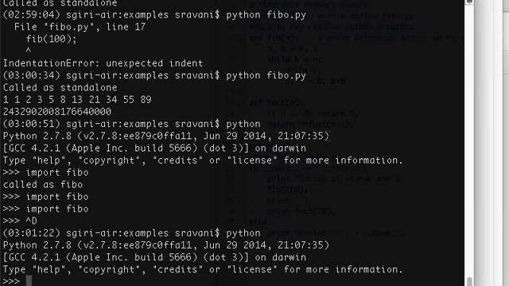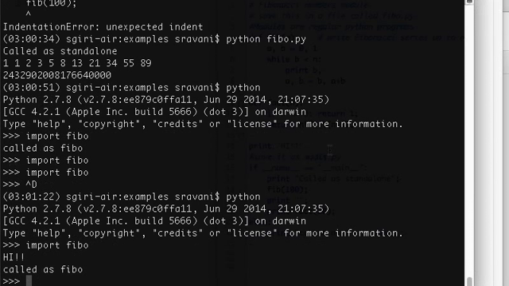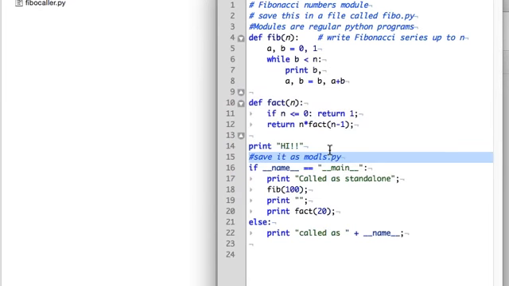When I say import Fibo, Fibo means Fibo.py automatically. Let's see. It's executing, right? It's just that since the name is something else,